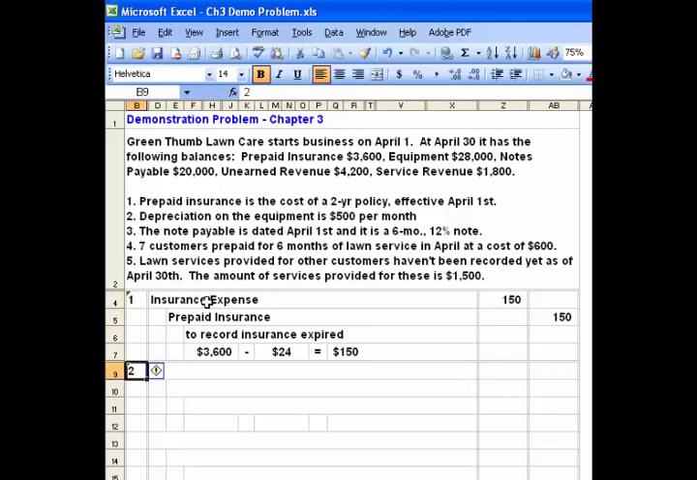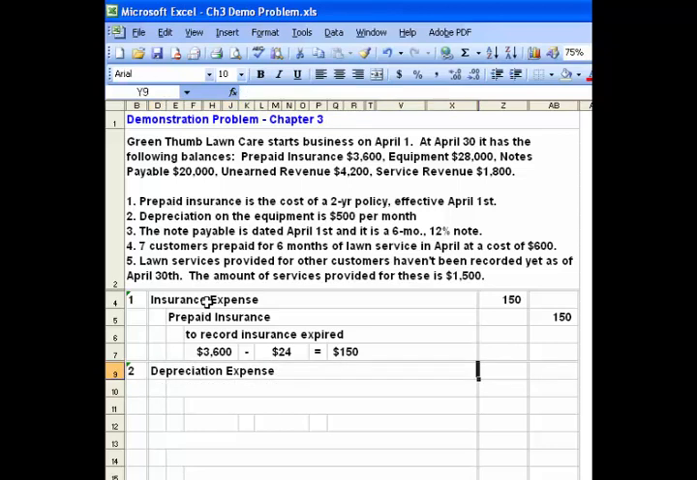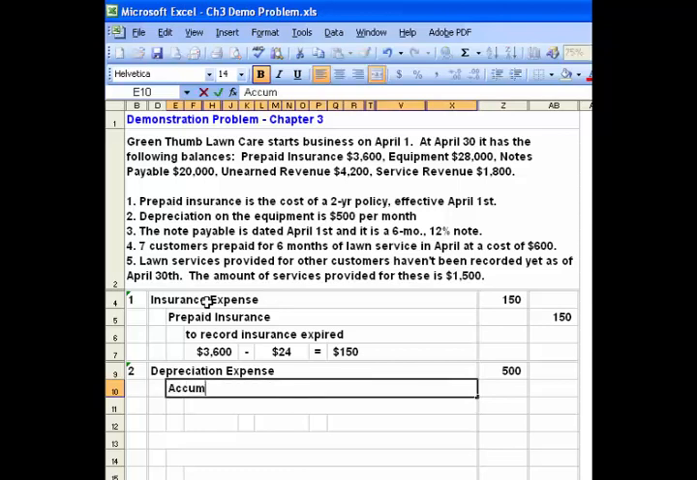Depreciation on the equipment is $500 per month. Now we know that no depreciation has been recorded and equipment is $28,000. So since they give us the amount here, we're going to debit depreciation expense for that $500, and we are going to credit accumulated depreciation,